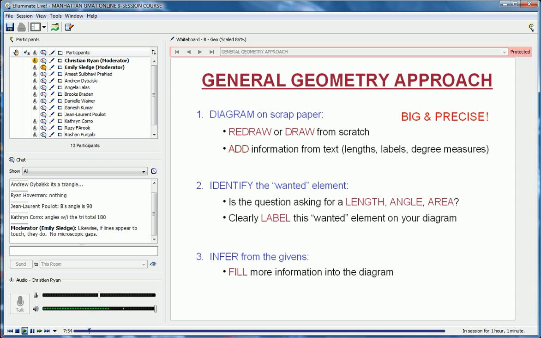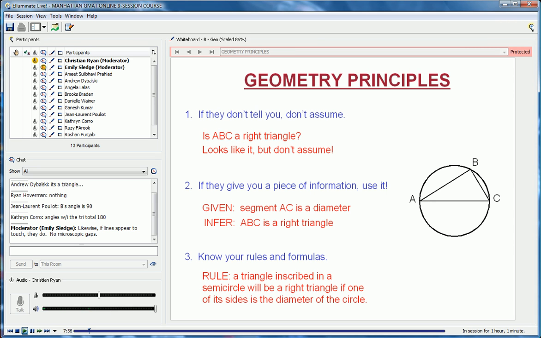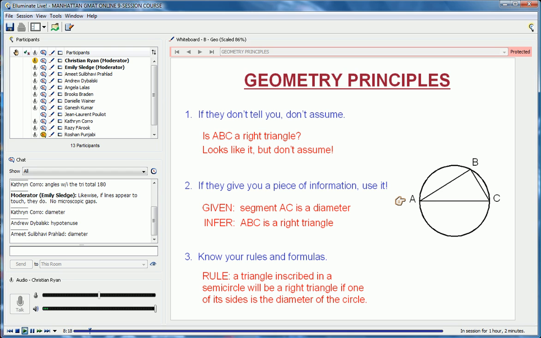So let me give you an example from the previous page. Type into the direct message window, what is AC? What is AC? What role or roles does it play? What is AC here? Please type it in. Fantastic. I'm seeing already